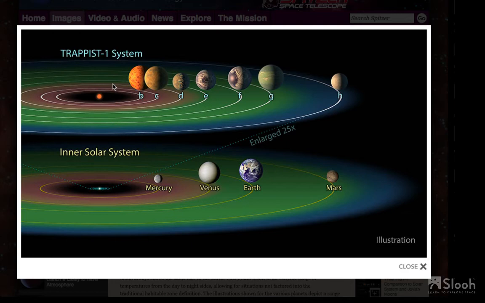So one side of the planet is constantly getting a ton of radiation from the star, and the other side of the planet never gets any. And so the one side of the planet is going to be really hot, and the other side is going to be really, really cold. Since all of these planets are likely tidal locked, the development of life on any of them is potentially really challenging. The habitable zone planets are the only ones we really should concern ourselves with in terms of potential habitability,